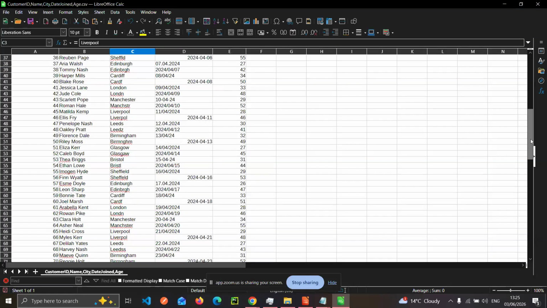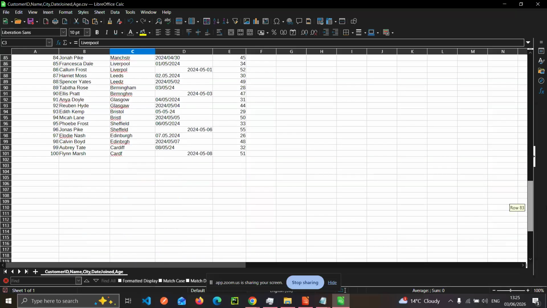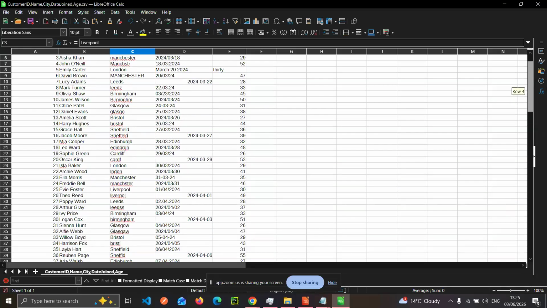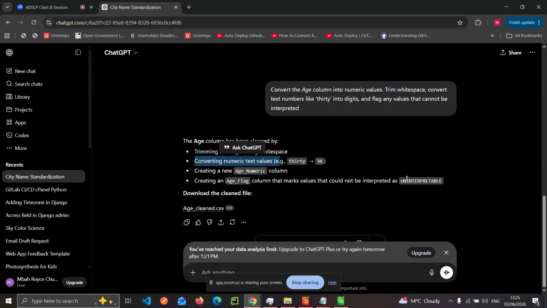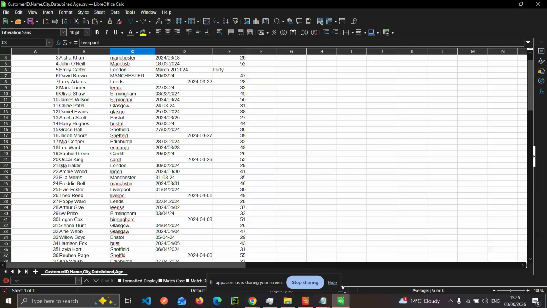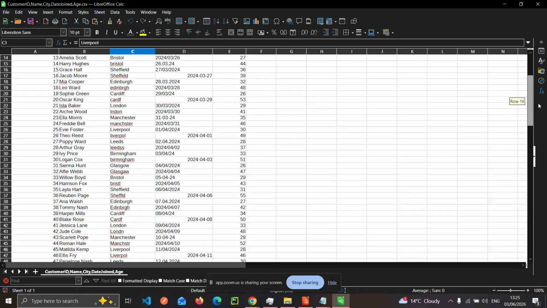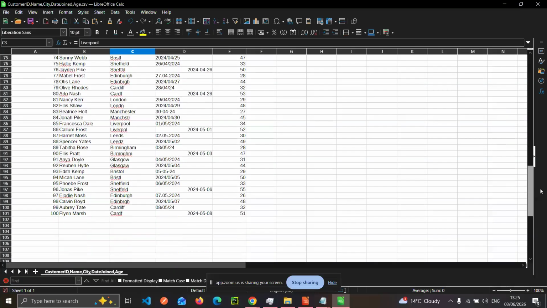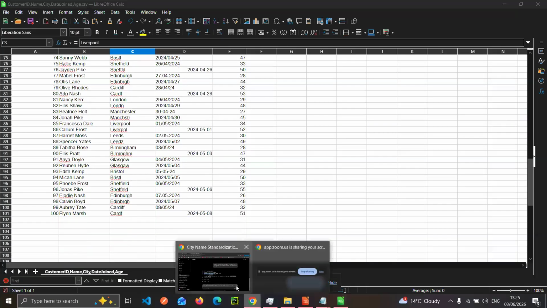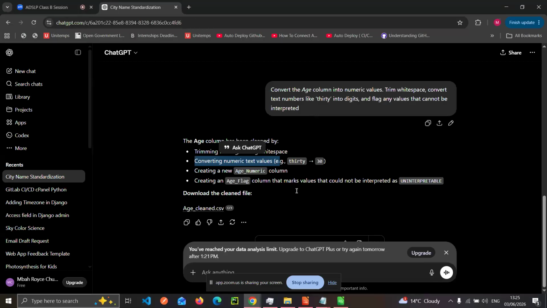And going through the data set, there's nothing else. It can't match up anything as uninterpretable, because from our data here, looking at the age column, I think there is nothing there that is out of the scope of being a number, in either word or number itself.